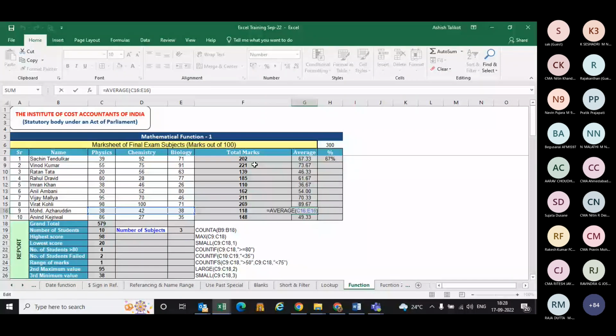Now we want to calculate the percentage of marks. There are 3 subjects. We assume that these are out of 100, so 300 is the total he has appeared for. So simply, the sum of these, which we have already calculated as total marks, this total marks cell divided by the total